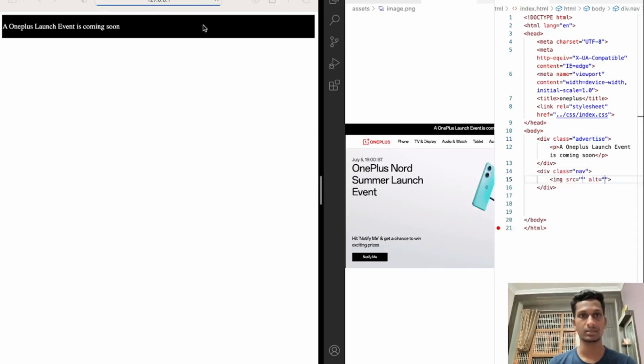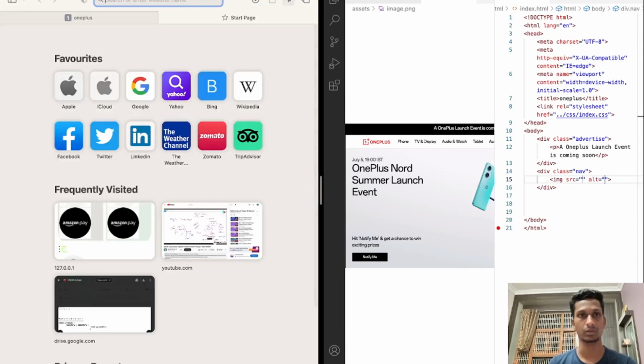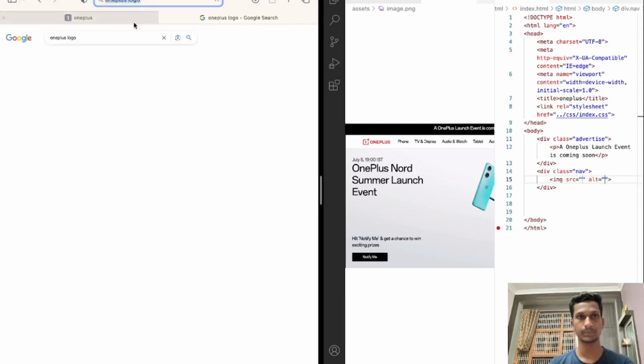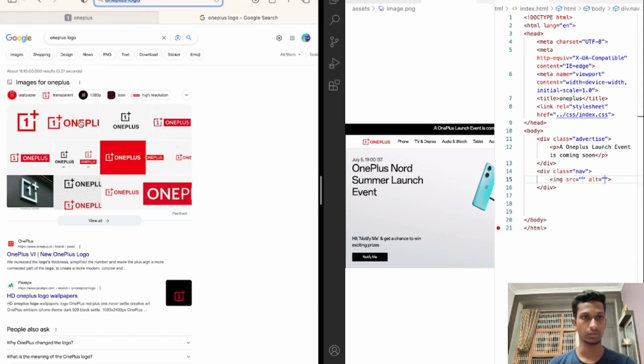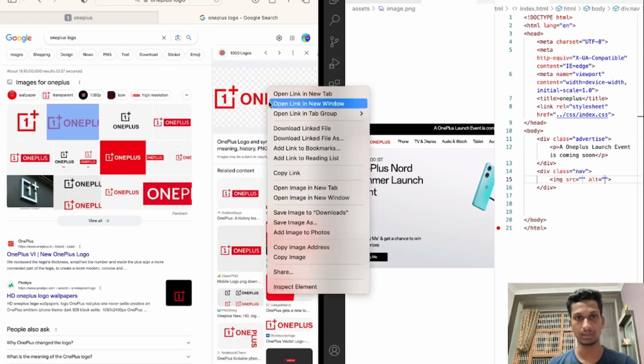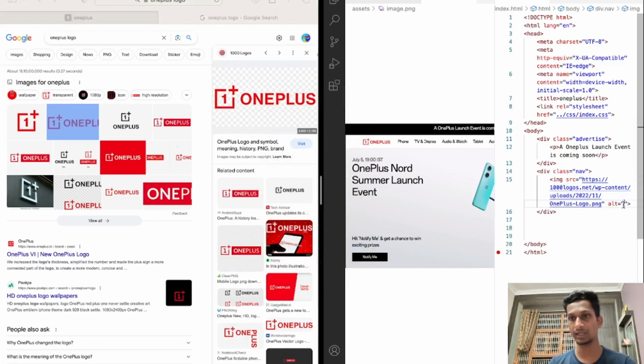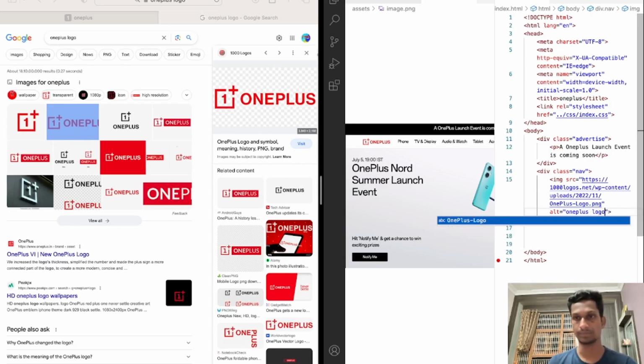For the image, I am copying the Oneplus logo from Google itself. I want to use this logo, so I am copying the image address and pasting it in the source of the image tag. In the alt you can write Oneplus logo. Alt is used whenever the image is unable to show; the alternate text written there will be shown instead. Oneplus logo. Okay, you can see on the screen here